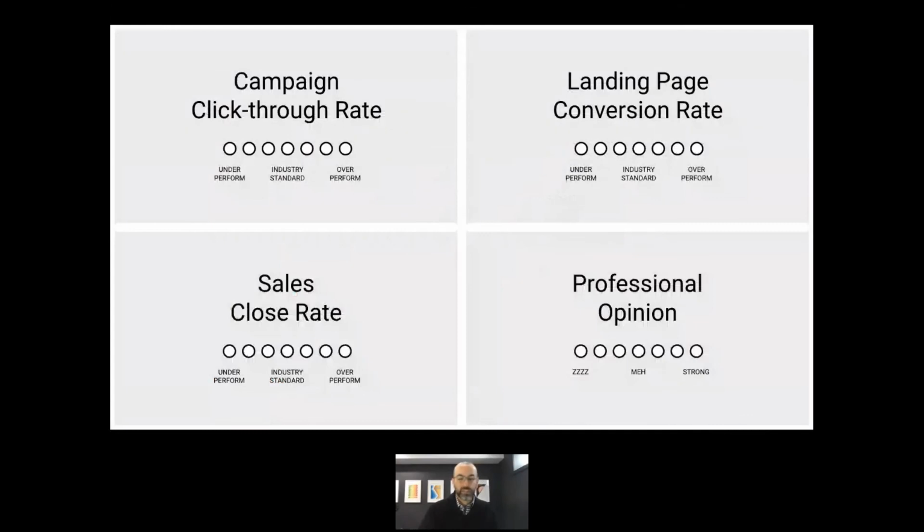So with that, again, here's the other framework that might be worth a screenshot or printing this out. Give your messaging a quick grade and see where you sit. It could be that you're overperforming. If that's the case, you should go tell somebody. Tell somebody that you found the messaging that's overperforming, but then keep pushing it from that point on because it just keeps getting better and better. You don't have to stop once you pass the industry standard.